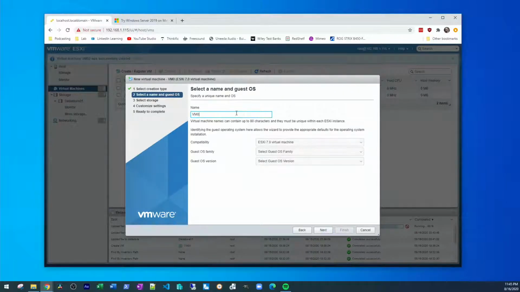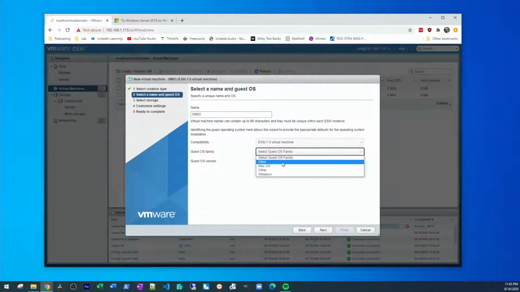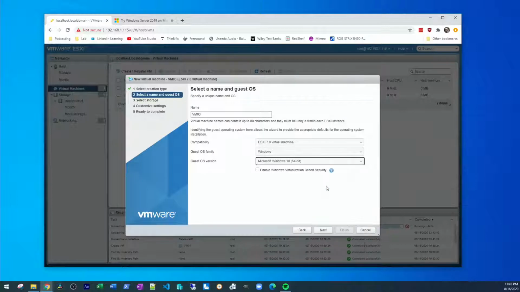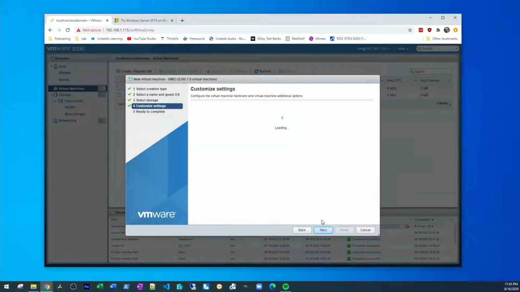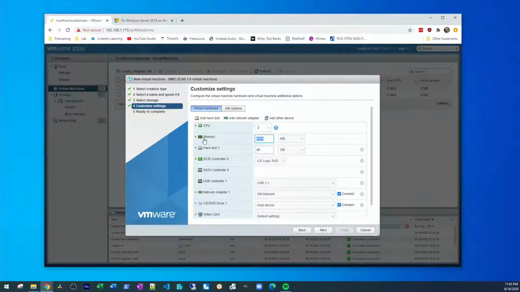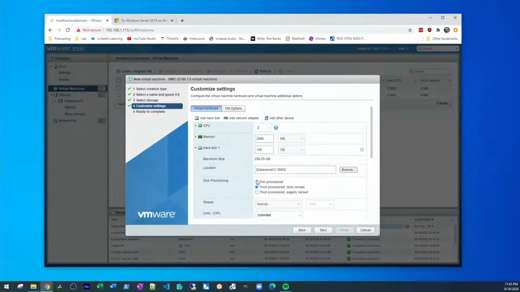Next. Normally I would give these more descriptive names if I was going to use these permanently, but these are just going to be throwaway for test purposes. All right, this is another version of Windows, but this one is Windows 10 64-bit. And again, let's give this one 2048, 2 gigs of RAM, 100 gig hard drive. And actually let's give this guy 50 gigs thick just to show you what the difference is. And lazy zeroed